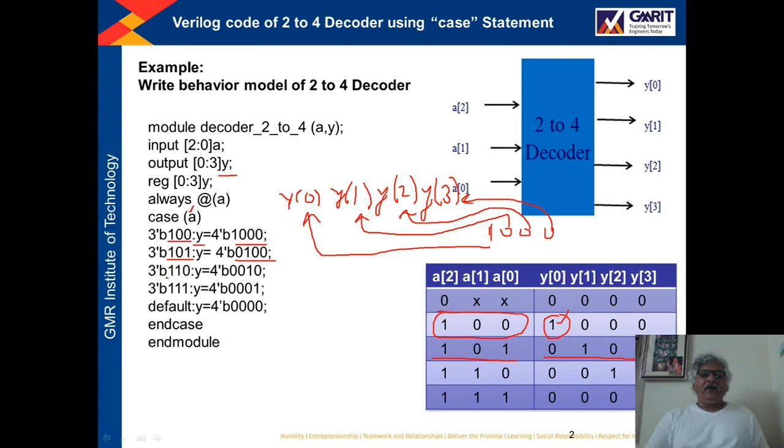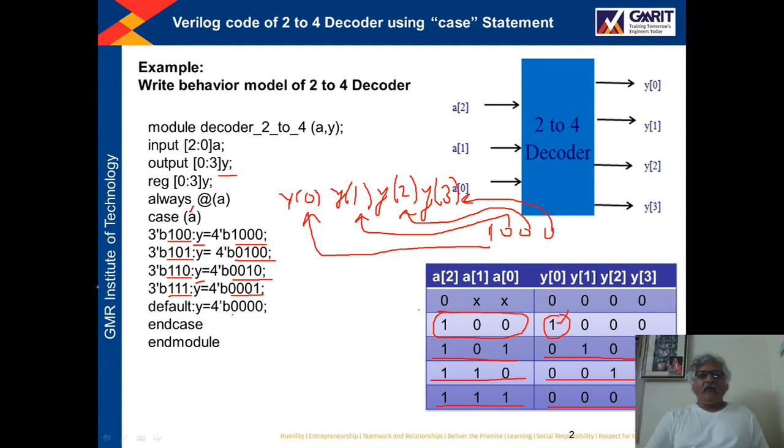Now the next condition, if the expression A has value 110, then the output will be 0010. Now see the next condition, if the expression A has value 111, then the output will be 0001, assigned to Y.